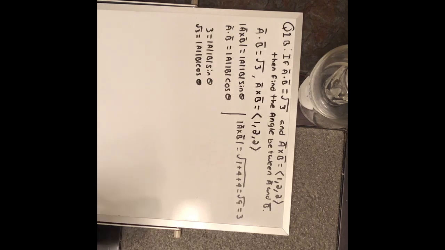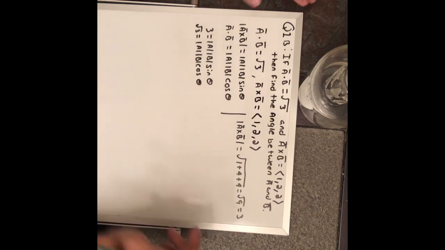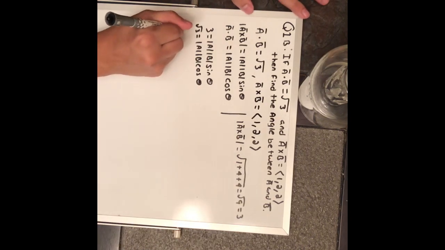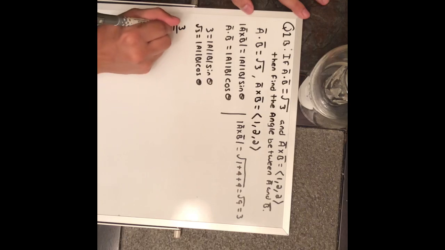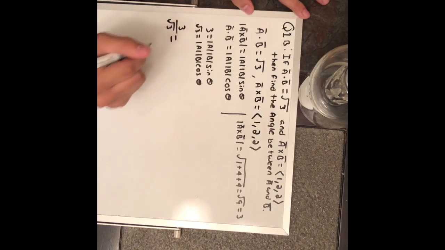So now, let us divide these quantities to get theta. So we end up with 3 divided by the square root of 3 equivalent to,